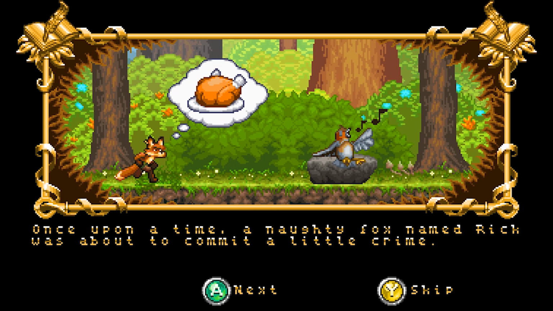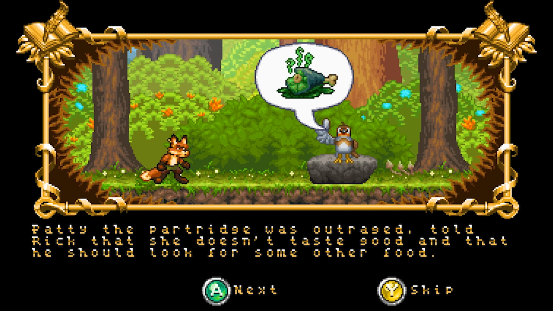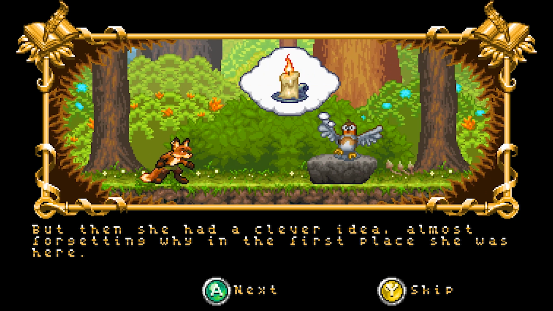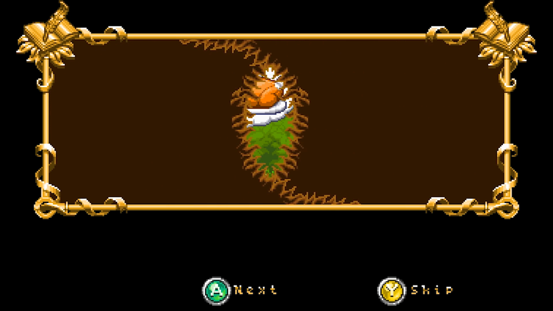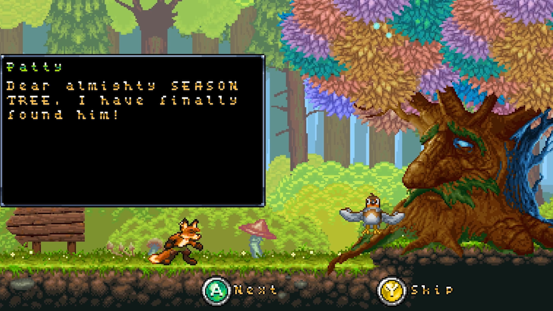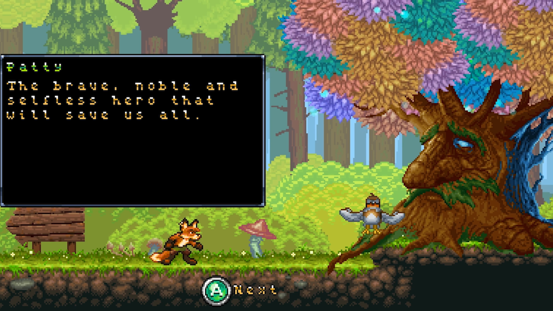So the backstory involves a fox, a sly fox, named Rick. Didn't see that one coming, right? That was hungry and just abiding by the laws of nature. Patty the Partridge, not wanting to be food, tells Rick that she knows of a great reward. Of course, that reward entails Rick taking on the evil green-eyed horde, as most rewards do. Then there's a talking tree. You get the idea. After speaking with the tree